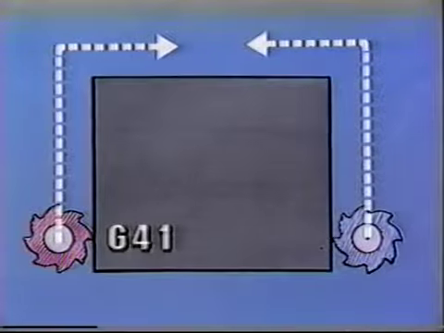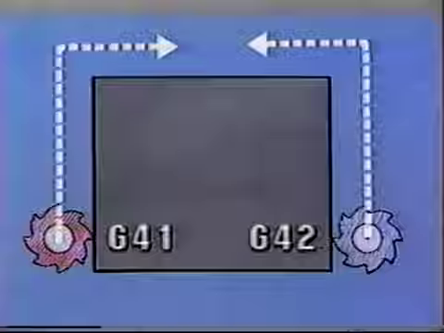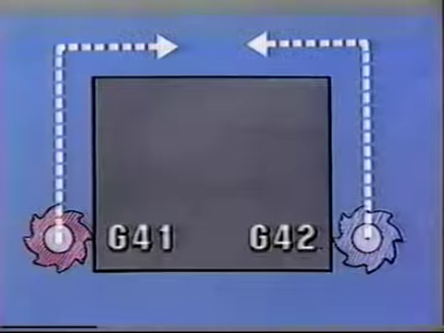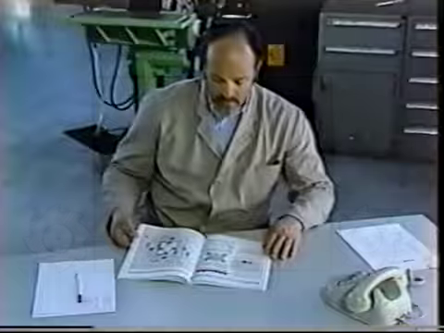This is handled by 2 programming commands. G41, tool is to the left of the contour. G42, tool is to the right of the contour. These 2 commands tell the control system that from now on it is supposed to calculate the cutter path. That means start so-called contour compensation. Further input is prompted by dialog. That means the control system automatically requests further entries from the user.